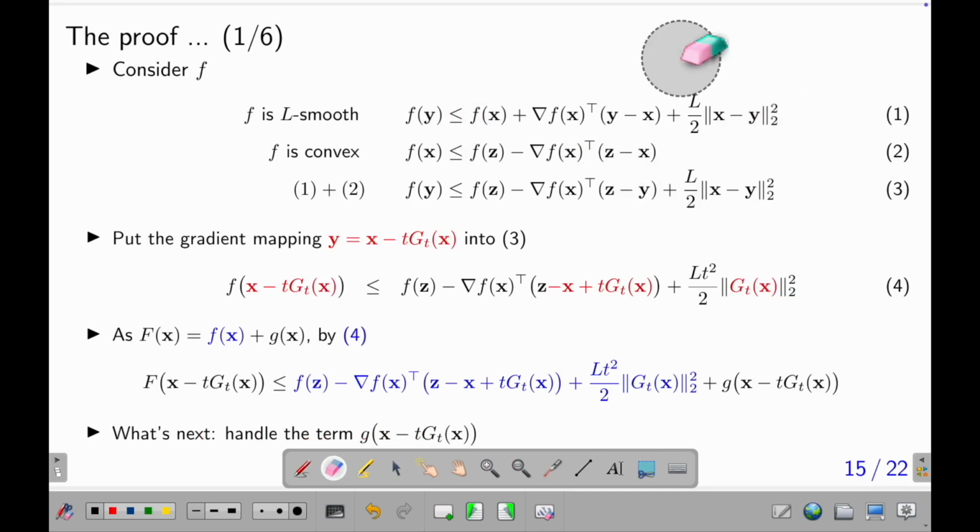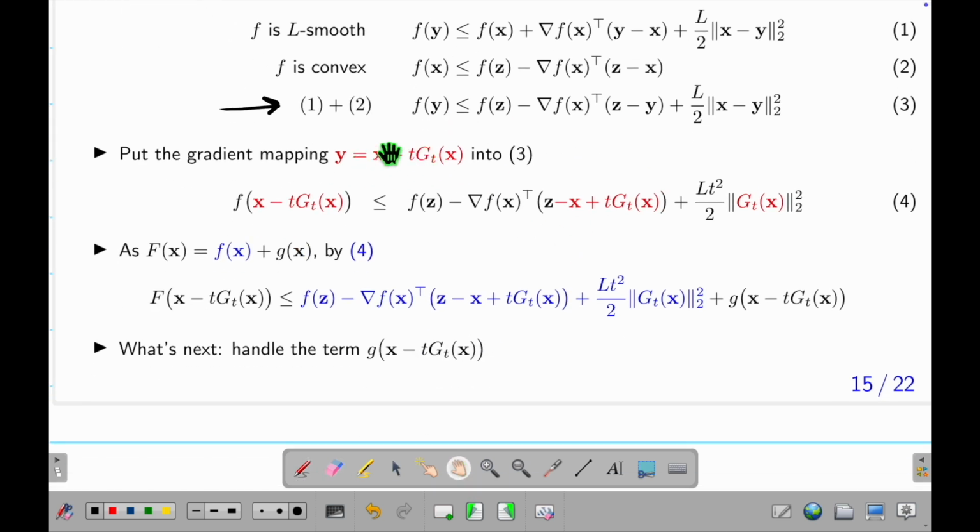Now I have 1 and 2. They are in the same direction, so I add them up. This f(x) and this f(x) kill each other. This f(y) stays. This f(z) stays. So now this is tricky. I have a three-point expression: y, z, x. So now put the y into the proximal gradient update. So this is a new point. So I put this. So I have this whole thing smaller than this whole expression, but all the y change